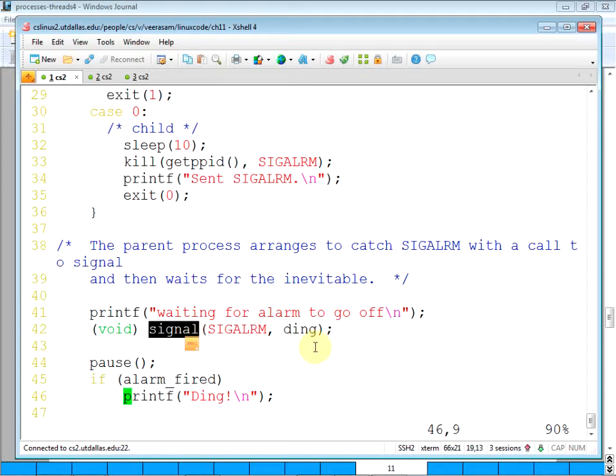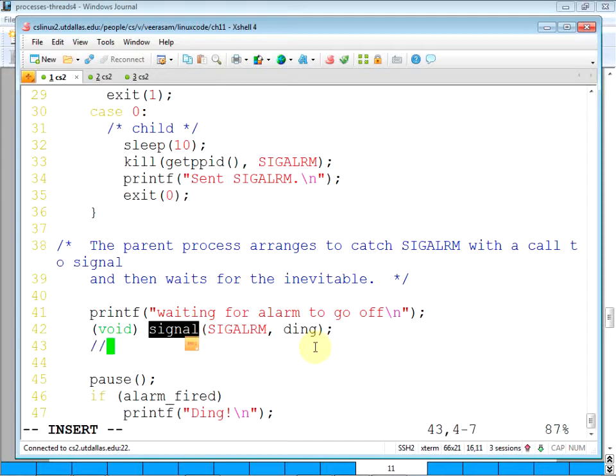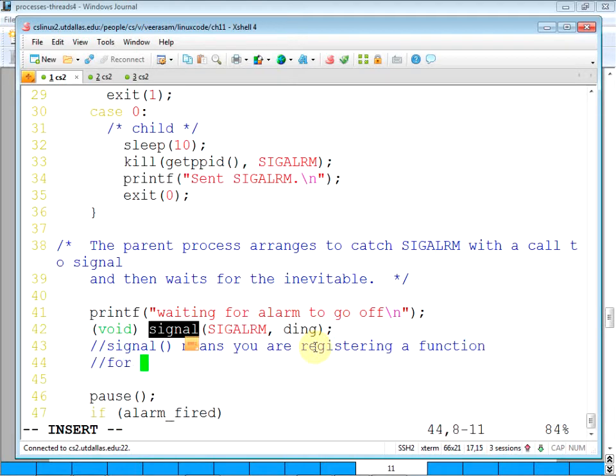The term signal means you are registering a function for handling a specific signal.